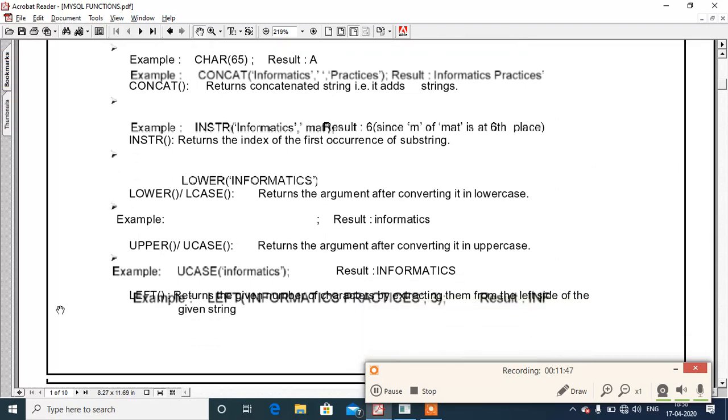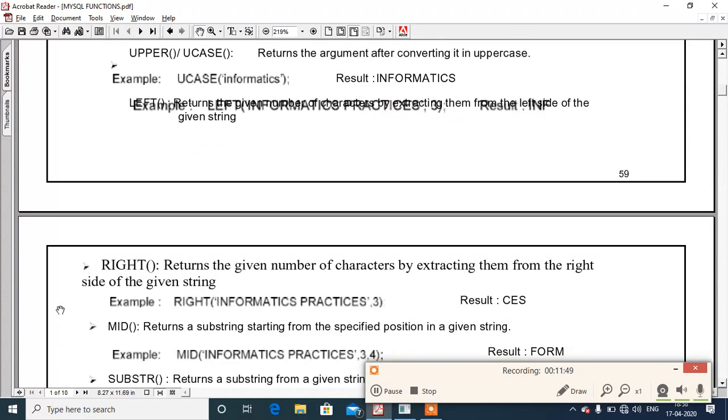Then after, we are having left, right and mid function. Left function is used to return the specified number of characters from the left. Right function is used to return the specified number of characters from the right, and mid function is used to return a specified number of characters within the string.